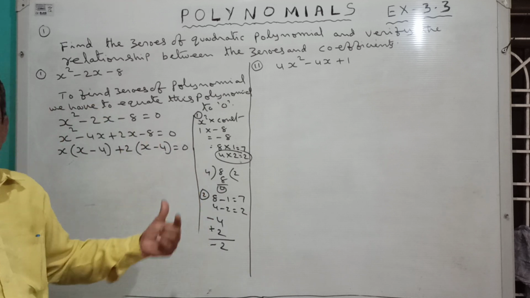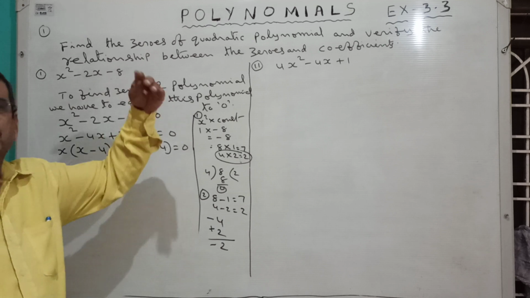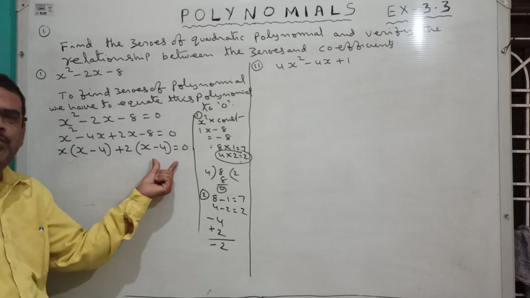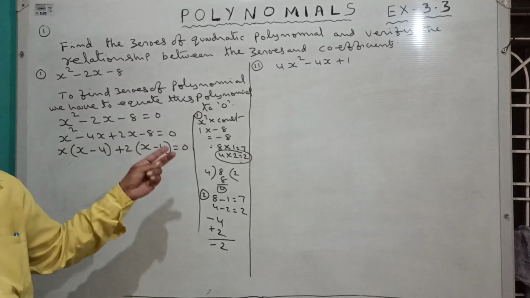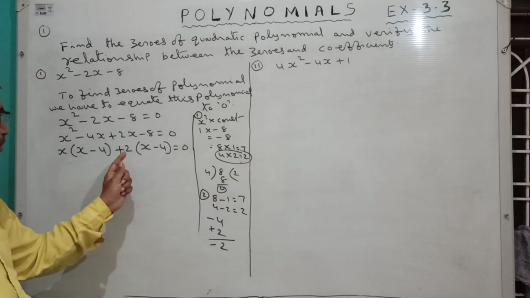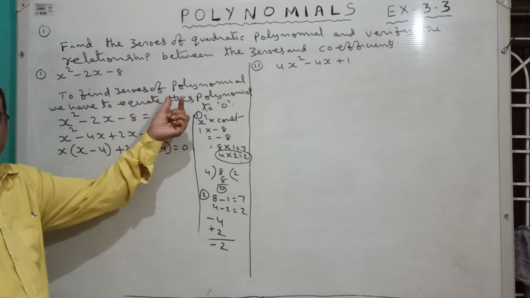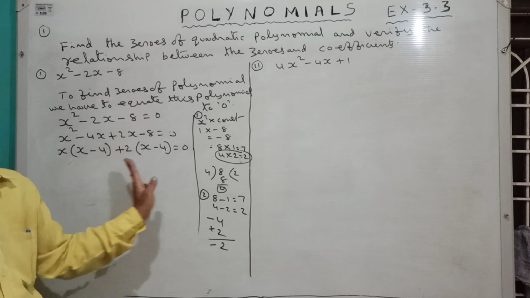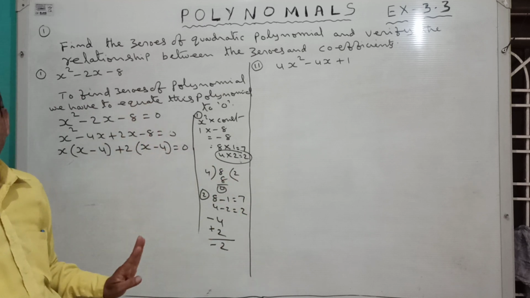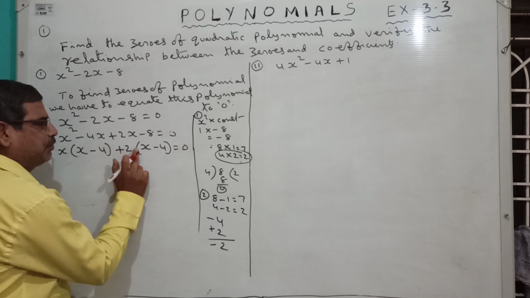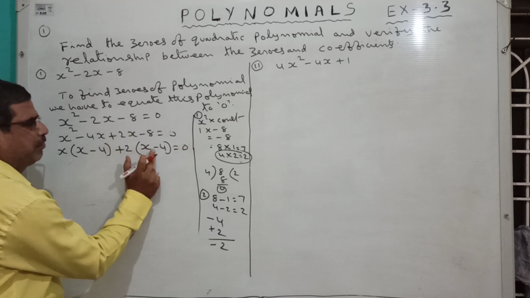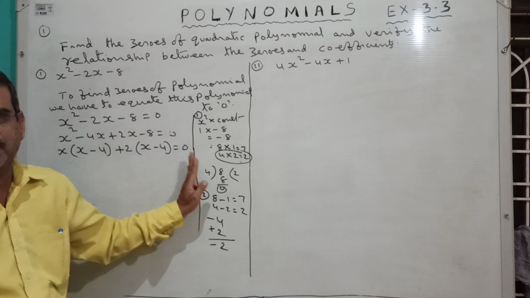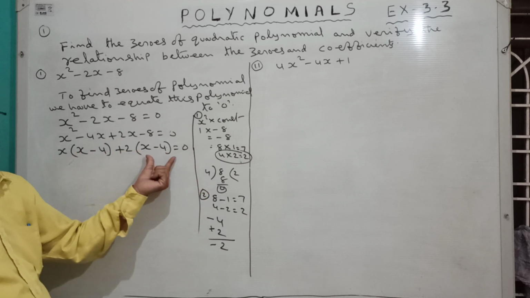You have to keep this point in mind. Here it is okay, but in some problems this will be difficult for you. So you have to write like this only. Why am I writing, why do we have to keep this in mind? After writing, you have to check. After multiplication of these two, this answer is guaranteed to come. Otherwise, this is the wrong procedure. You have to check that. So, plus into plus, 2 into x is 2x, plus into minus, 2 into 4 is 8. Correct. What we are doing is correct. Here x minus 4, here also x minus 4.